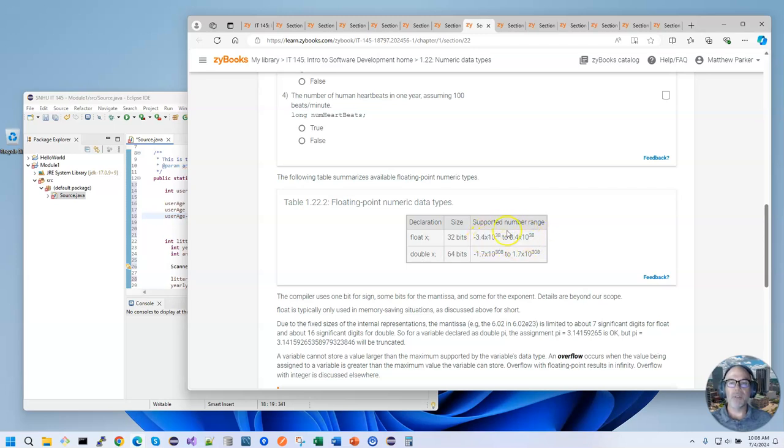It gives you the supported number range. So you can see here a float can represent something like 3.4 times 10 to the 38th. It's a really big number. And a double represents something like 1.7 times 10 to the 308, a huge value. So one, you get these huge number ranges that can also contain decimals, but the other part about these